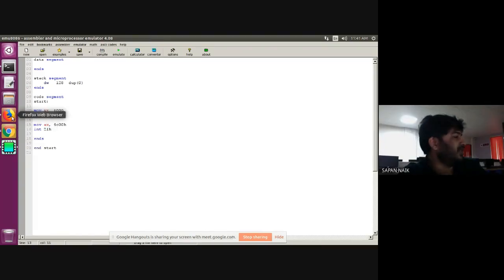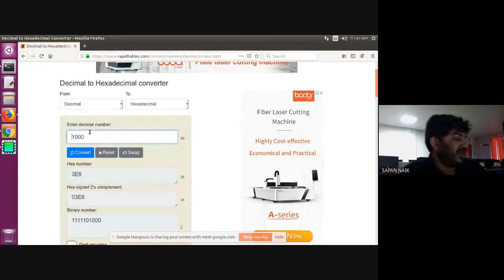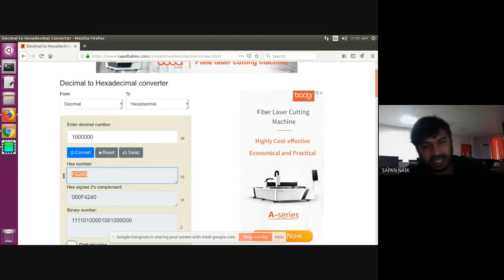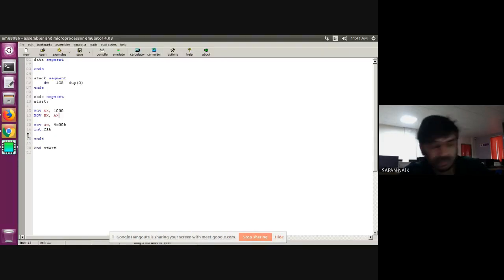That is your answer. So 1 followed by 6 zeros: 1, 2, 3, 4, 5, 6 zeros. This is the square, so I should get this answer. In hexadecimal my answer should be F4240. I need to get this answer. So you just need to multiply these two numbers.